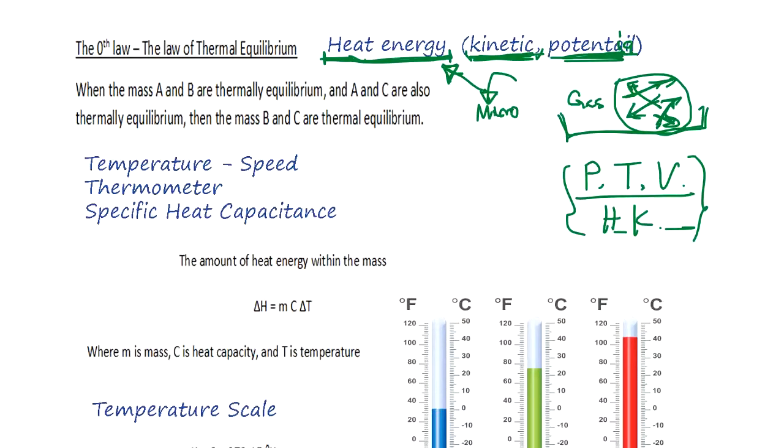You define the equation and you don't talk about the mechanism underlying those relationships. That's classical thermodynamics. But we start going in this direction first. Let's see how well we can use Newton's mechanics to explain some of the thermodynamics